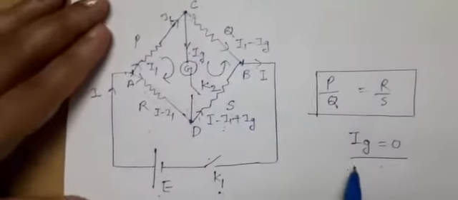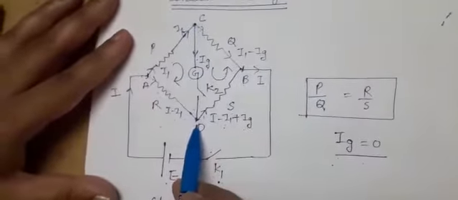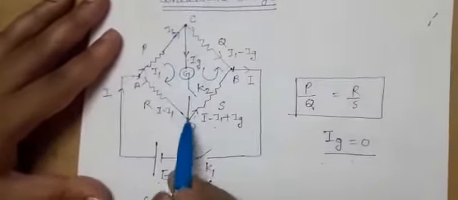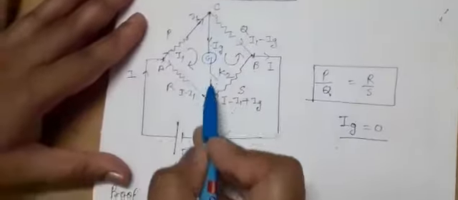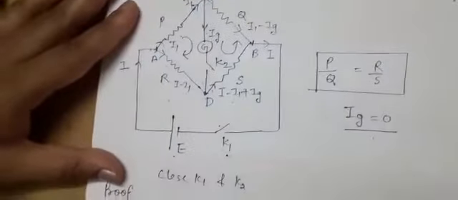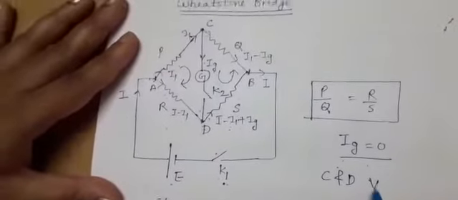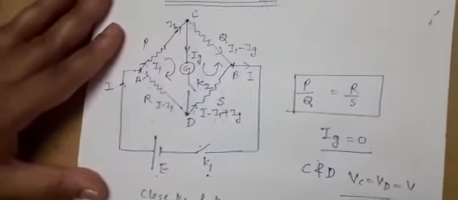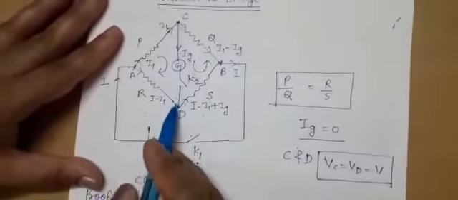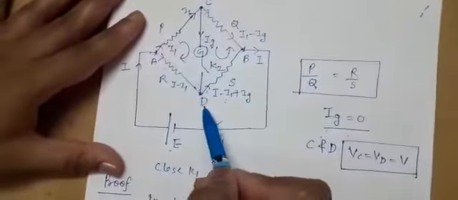So now as Ig is equal to 0, what does it mean? That no current will flow through CD branch. Why did it happen? Because current can flow when the two terminals are at a difference of potential. But if no current is flowing through it, what does it mean? That means C and D are at the same potential. You will take that C and D having potential Vc equal to Vd, that is equal to V. Both having the same potential. So if there will be no difference of potential, what will happen? Now no current will flow through it, neither from C to D nor from D to C.